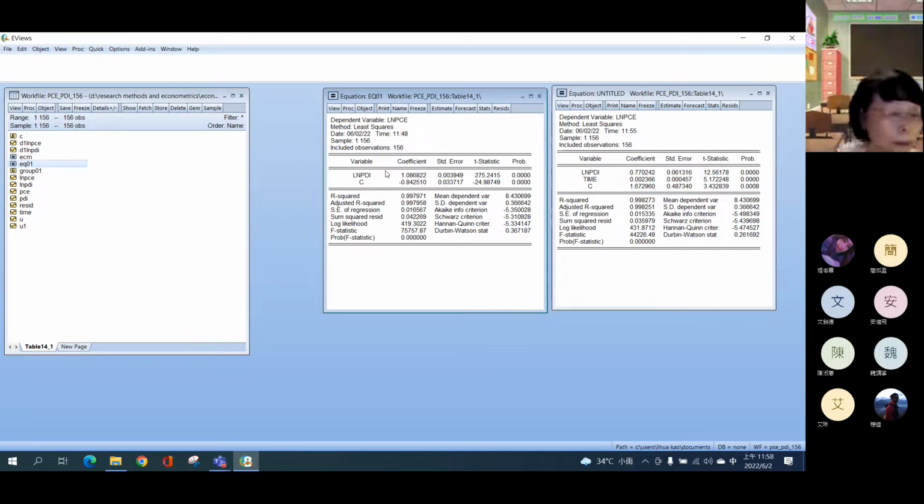Co-integration means that if we run the regressions and consider the residuals,